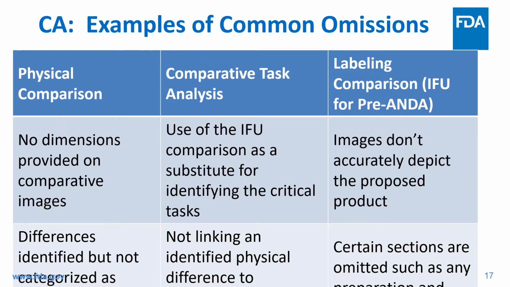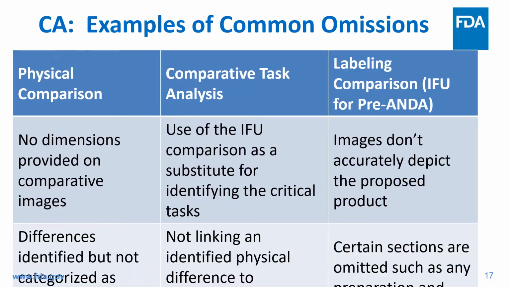The comparative task analysis, we frequently see that the difference in a physical feature is not linked to how a user will perform a specific task that may be affected by that change in the physical characteristic. Additionally, we're seeing a lot of user-related risk analyses submitted instead of a comparative task analysis, and I will explain the difference in the next slide. For the labeling comparisons, we frequently see such things as omission of preparation to use the drug or cleaning steps